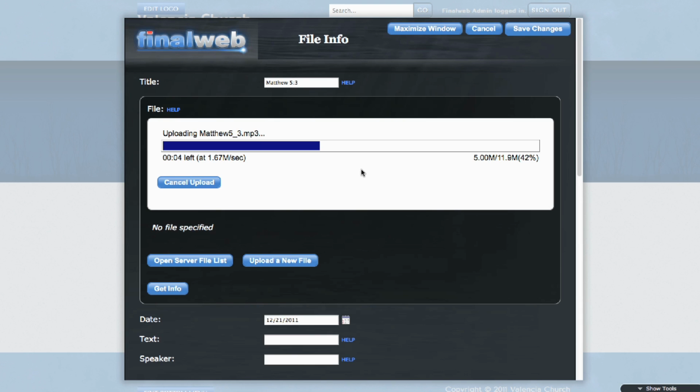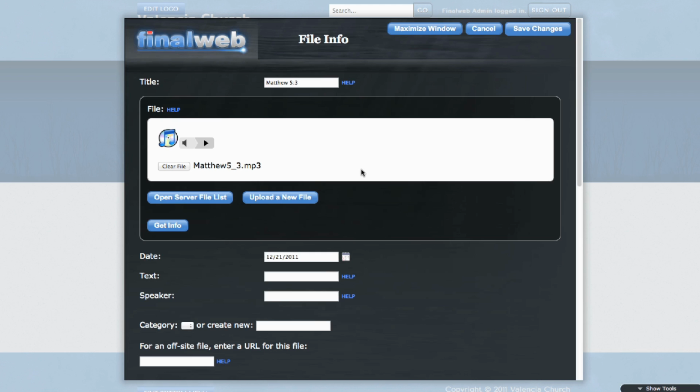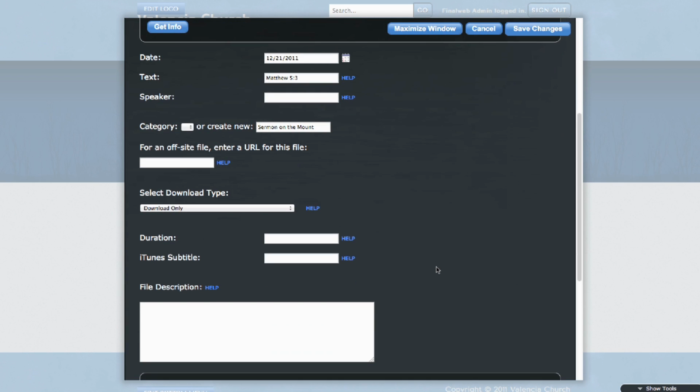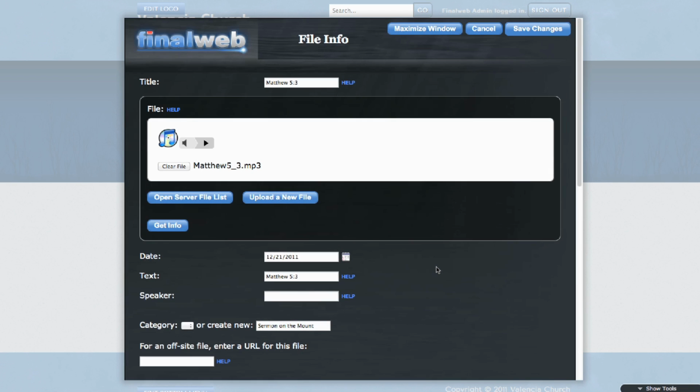Depending on your internet connection, it will go faster than this, maybe slower than this, it just depends. You can even preview the file right here to make sure you've got the right one. You can give the file a date, a text, name the speaker, create a new category,